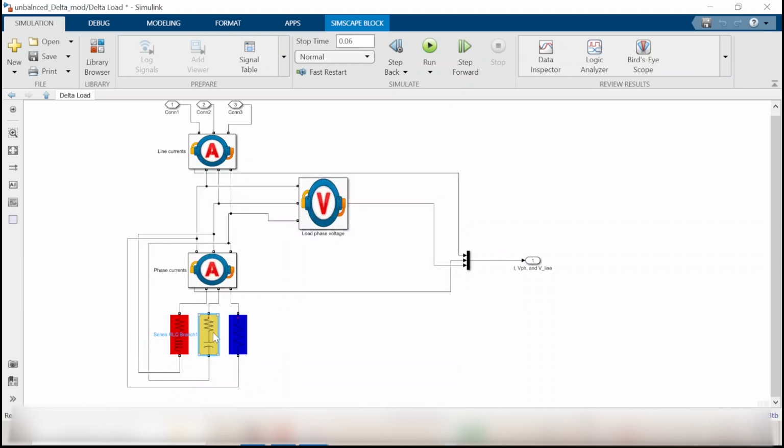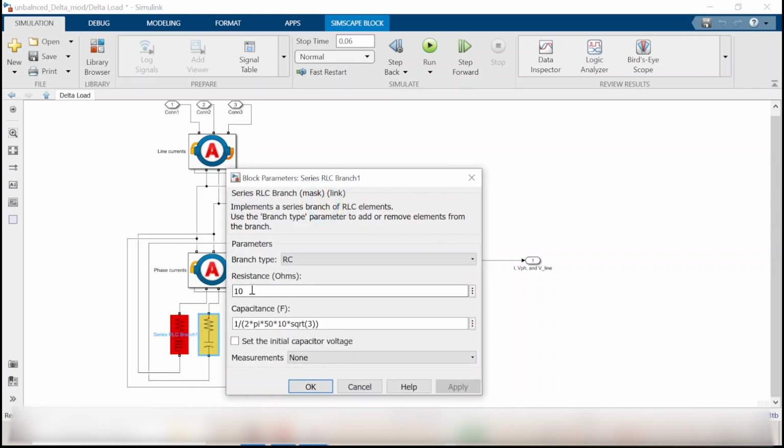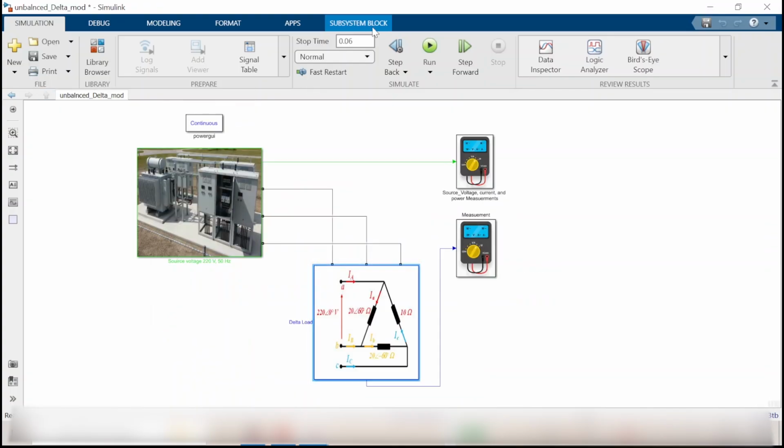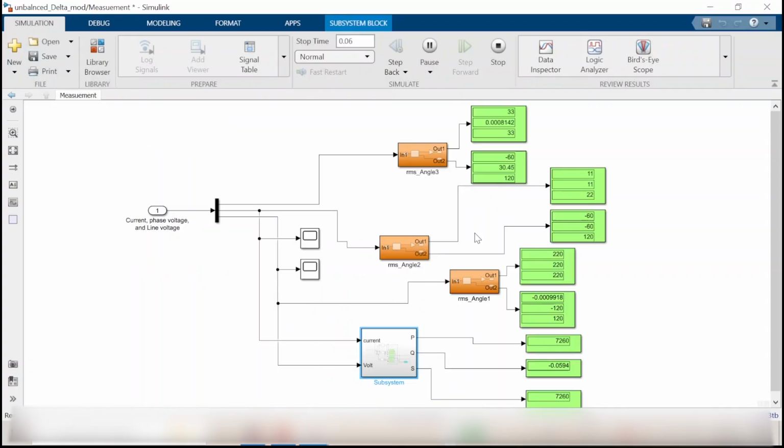For the second one, phase B, we have the same resistance of 10 ohm, but XC equals 1 over omega C, so the capacitance C in farad equals 1 over XC multiplied by omega, 2 pi F, multiplied by 10 root 3. And the third one is a pure resistance of 10 ohm. So let's run and look at our measurements. We have the line current 33 ampere for phase A, 33 ampere for phase C, and 0 for phase B,